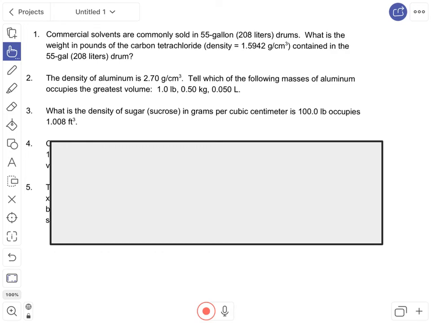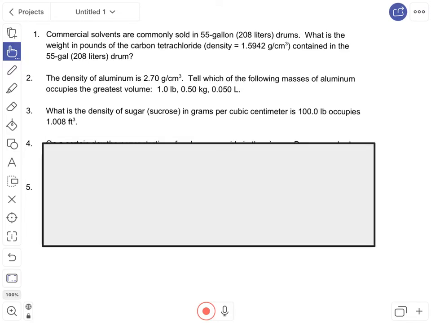Hi, it's Mr. Wright back with question number 3 from the dimensional analysis worksheet 1. What is the density of sugar in grams per cubic centimeter if 100 pounds occupies 1.008 cubic feet? So, in setting up for this, we're starting with our